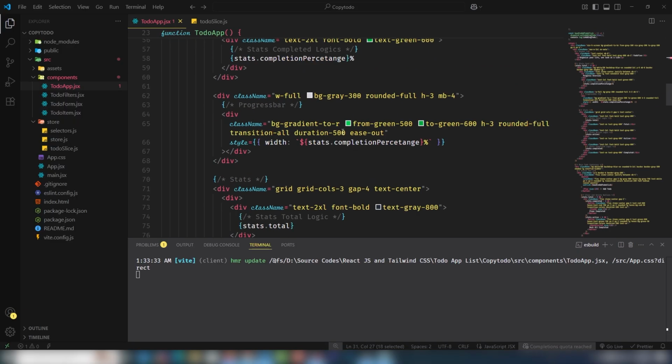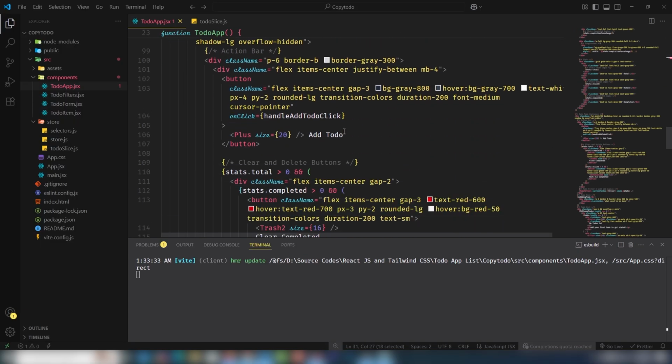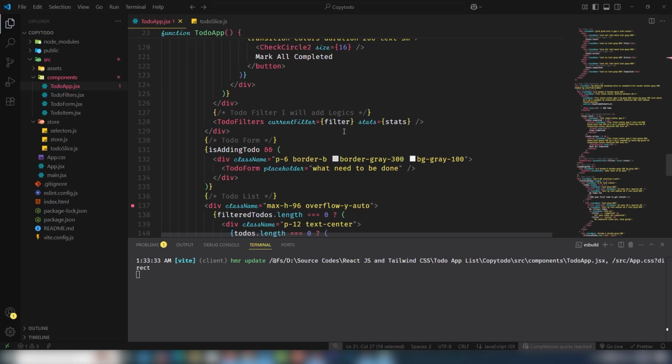Copy that and just move on down and find the filter. Okay, in the filter you need to pass the prop and assign the value like this one. Okay, onFilterChange